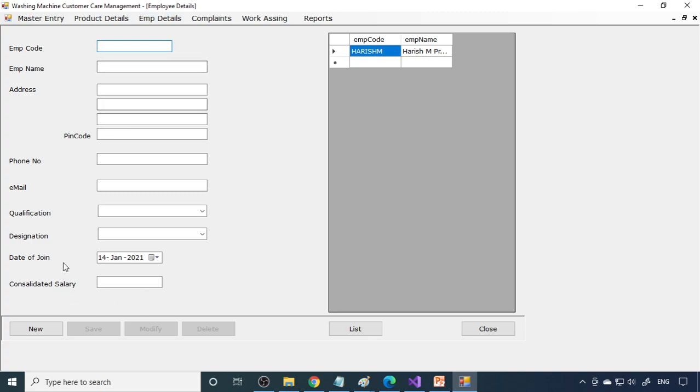Next, employee details. Here you have to click the new button and enter all the employee details. So we suggest you please watch some more videos on our channel, because we have many VB.NET projects. In some projects we already entered some data like employee data. The employee form is almost the same in every project. Therefore we already showed in the beginning projects how to enter the data. And also in each project we'll explain some concept.